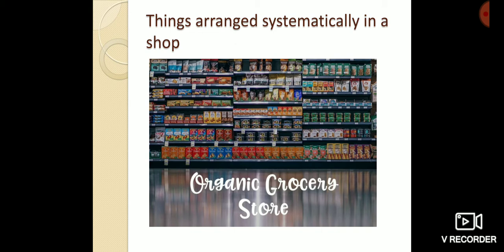Imagine if all the things were dumped together at one place, then what happened? The shopkeeper would never be able to find the things that the buyers want. But in most grocery stores, things are arranged systematically. Why? Because the advantage of sorting and placing things in groups is that it becomes very easy to locate a particular thing. For example, toothpastes are placed together at one place and soaps are placed together at another place.